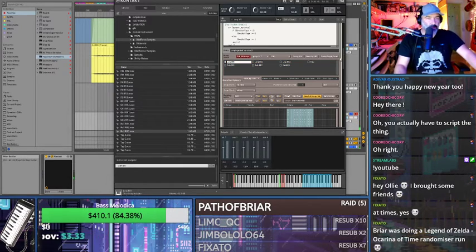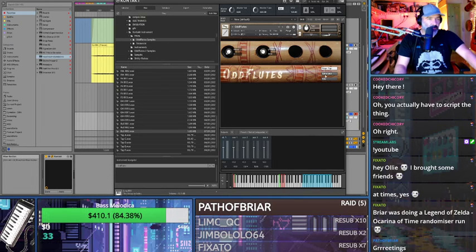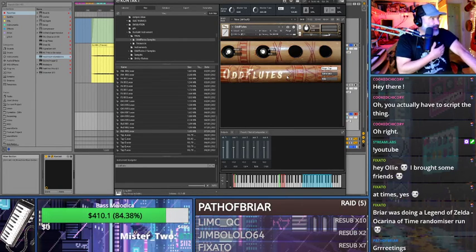So what I'll do in the UI at some point is I'll include a little volume controller as well, so you can control